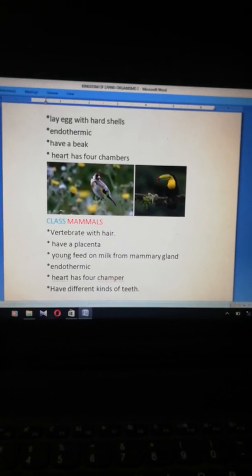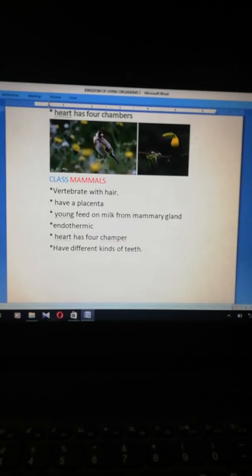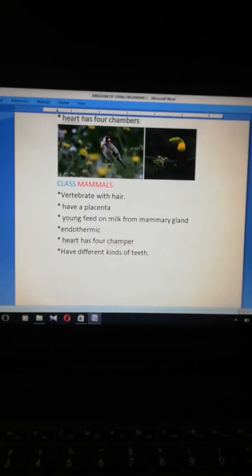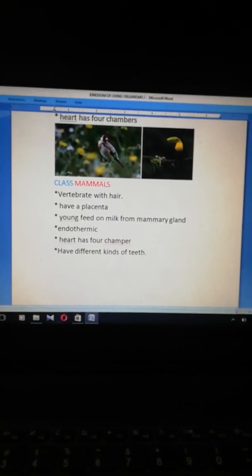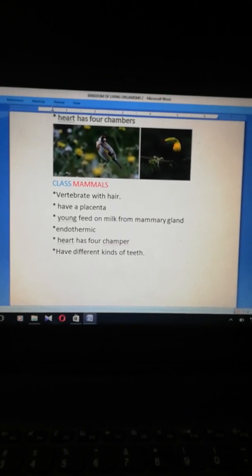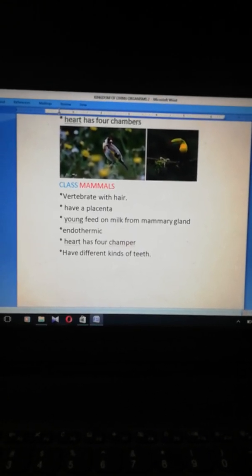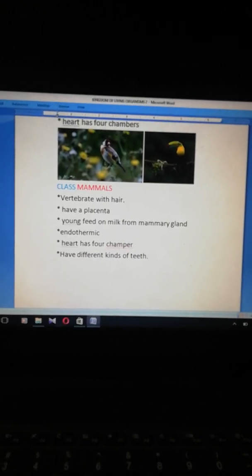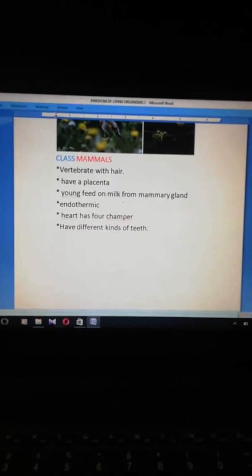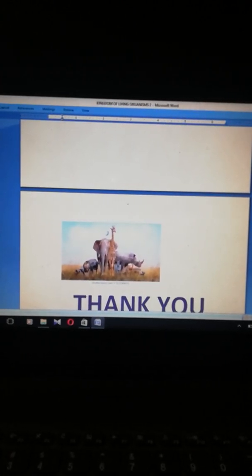Next, class mammals. This is the group humans belong to. Common characters of mammals: all mammals are vertebrates with hair. They have a placenta. This placenta is used to protect the baby inside the womb. The young ones feed on milk from mammary glands. They are endothermic. They have a 4-chambered heart. They have different types of teeth: incisors, canines, premolars and molars. Human is